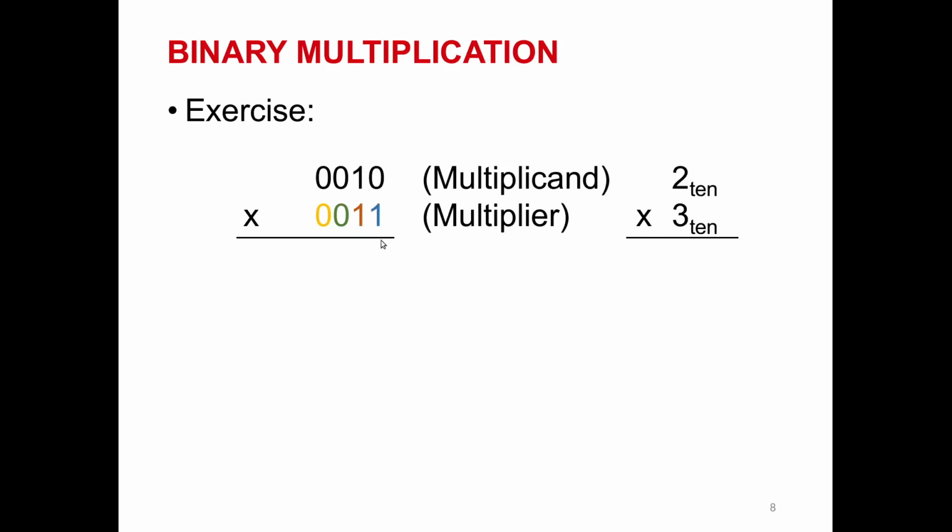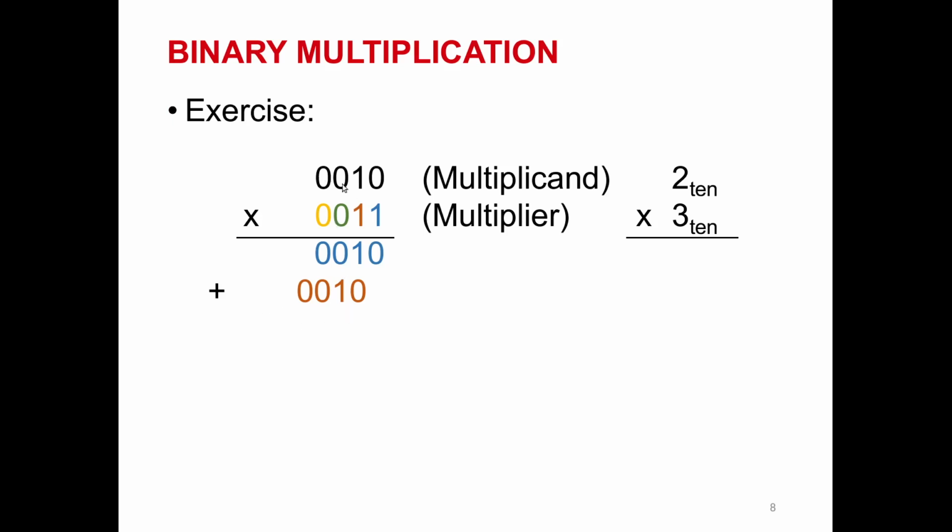At first you need to take this number 1 and multiply it with the multiplicand, which is 0010, and write it down right here. So it is 0010, and then you take the second one here, multiply with this and write it down from here one bit further to the left, so it is 0010 written here. Next, this value 0 will be multiplied with this one, and the result will be written down from here to the left.